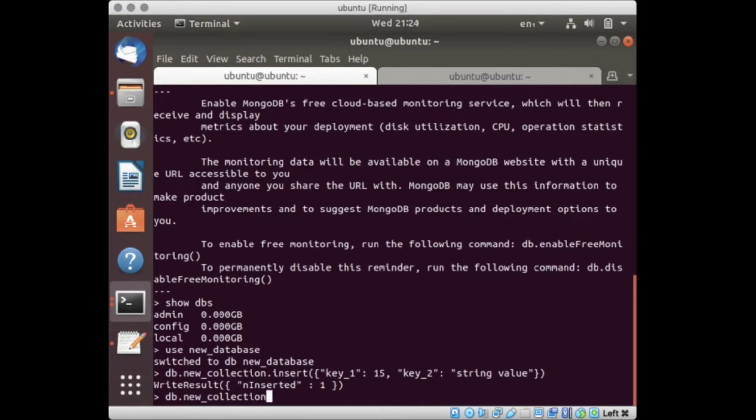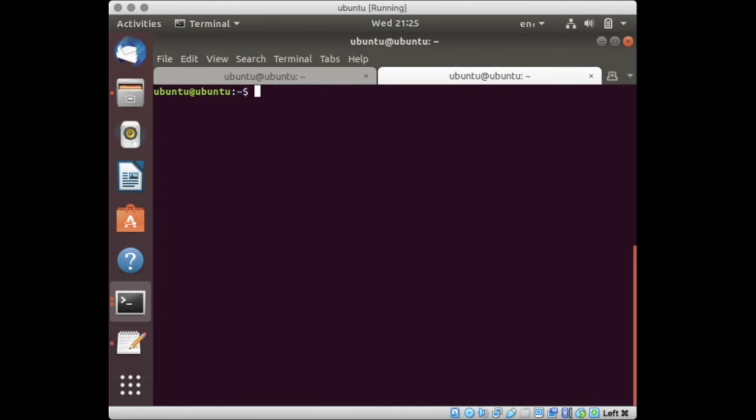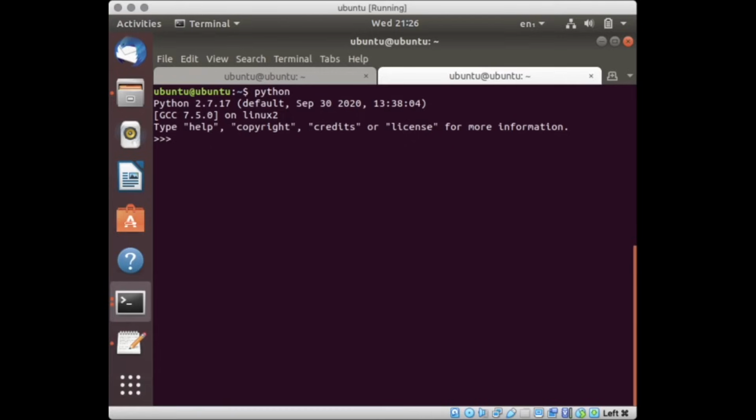Now to retrieve the records, we basically do a find operation. So we have inserted one item and we have retrieved the one item. Over this course, we have been using Python for data collection and interacting with websites, collecting social media data from Reddit, Twitter, etc. So it is only logical to use MongoDB along with Python, in which we are collecting all the data. So let us fire up the Python kernel.